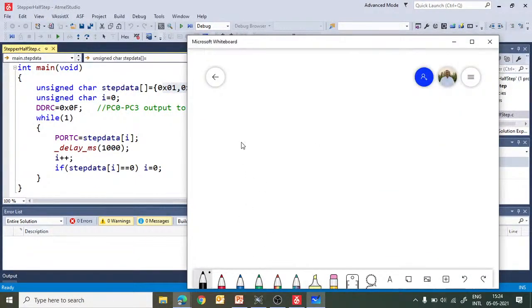Let me explain here the construction details of the stepper motor. As all of you know, in unipolar mode the winding details are like this, and the center tap is taken out and connected to plus VCC.